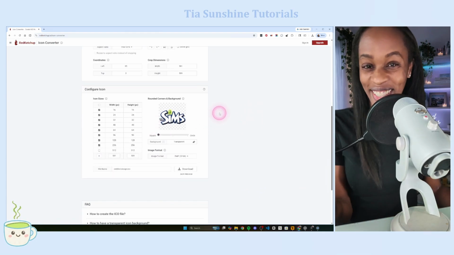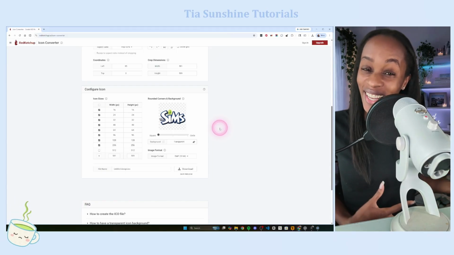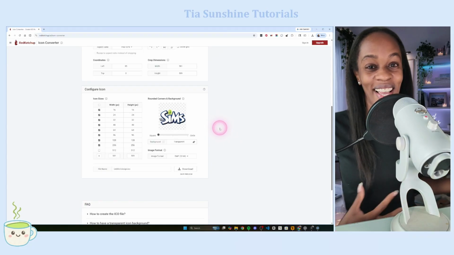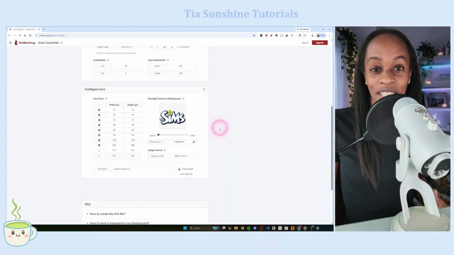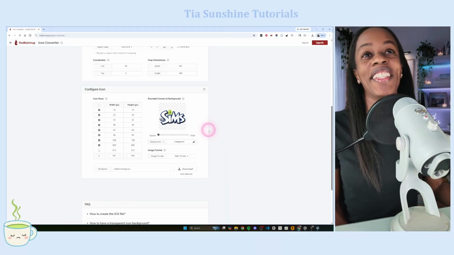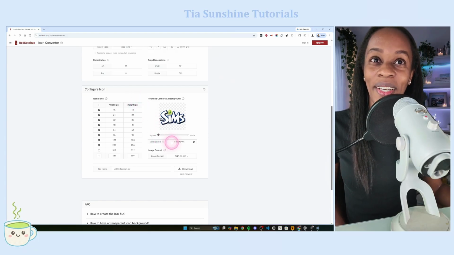And this is the part that I find the coolest because you get to control how you like your desktop icon. So I like mine more of a circle. I think some people like to have a square icon. Some people are in the middle. They like having a squircle. I don't know if I'm into that, but before I show you the shape tool, let's go ahead and right here as our background,